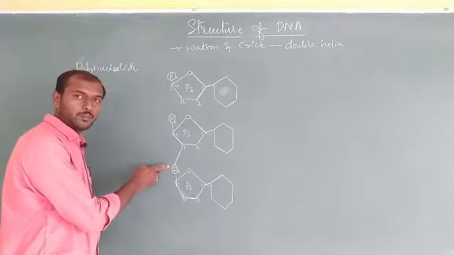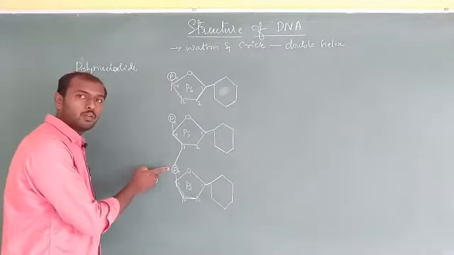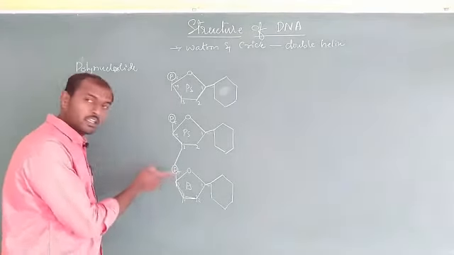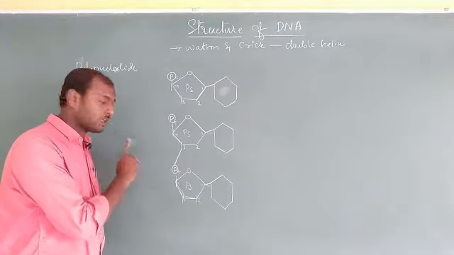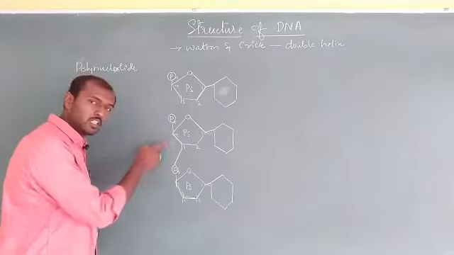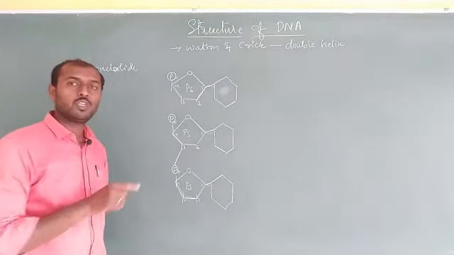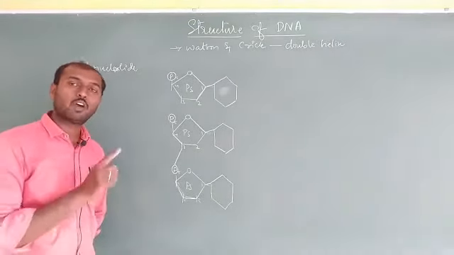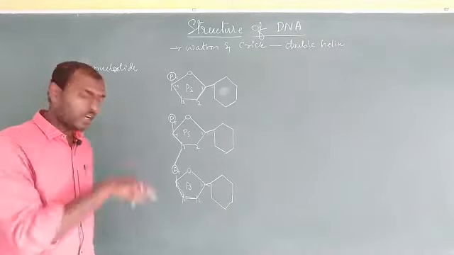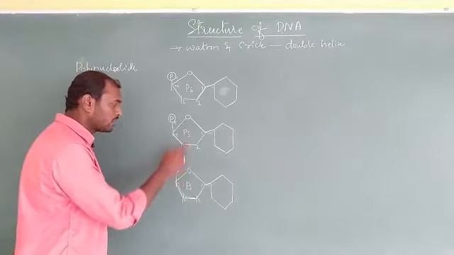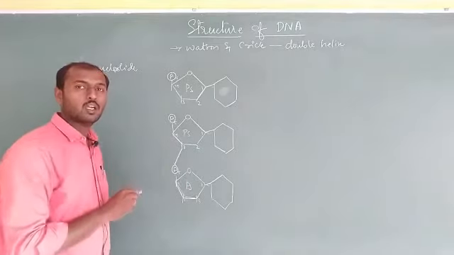Okay, so it is going to form a bond. Here I said it is a phosphodiester bond. This phosphodiester bond is between the two molecules, not only with one sugar molecule. When can we call it a phosphodiester bond? When it has a connection with the two. So there I told you that a phosphodiester bond is going to form.